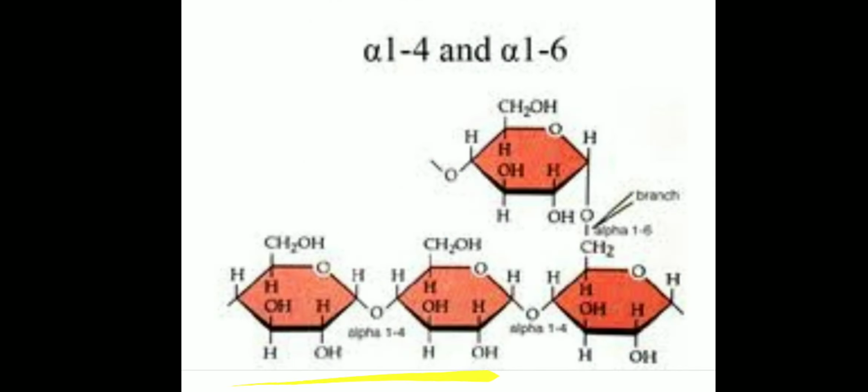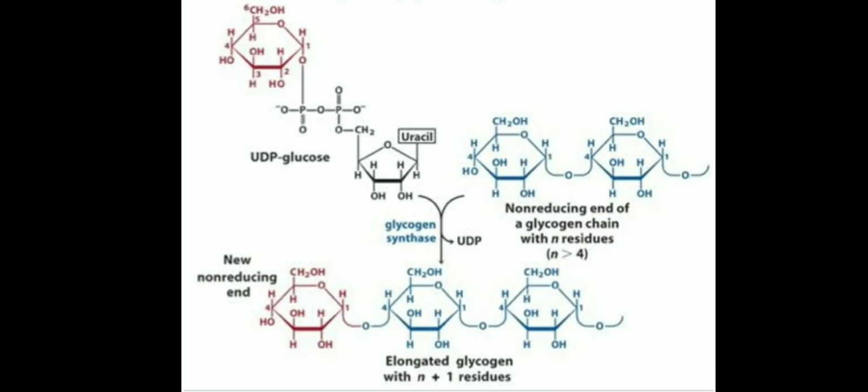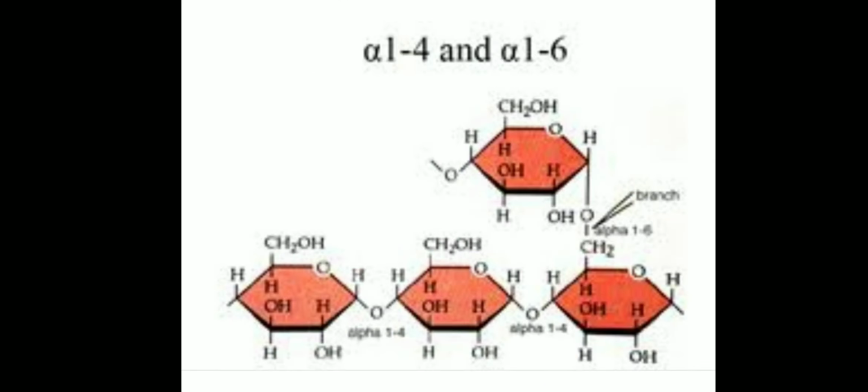Once the linear chain of the glycogen molecule is formed, it needs to be branched through side chain formation because of two reasons. First, this increases the solubility of glycogen in the cytoplasm, and second, this increases the number of terminal positions on the glycogen, that in turn increases the rate of glycogen synthesis or breakdown.